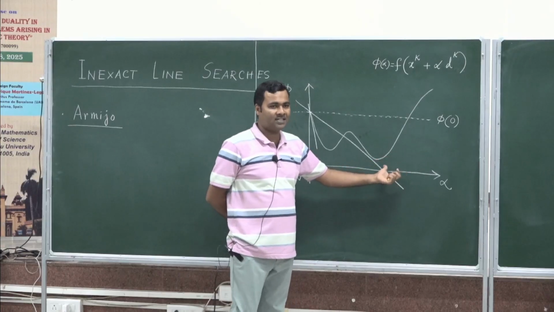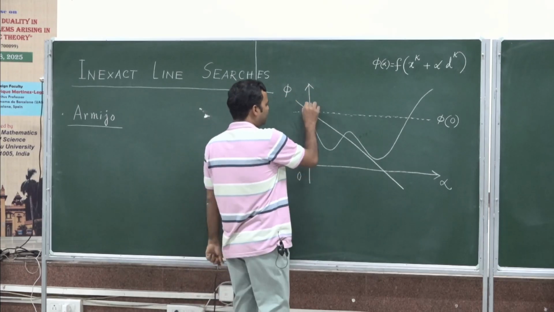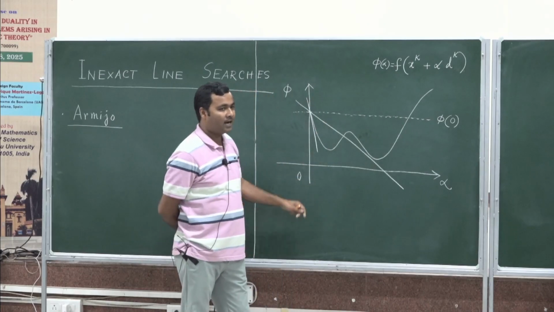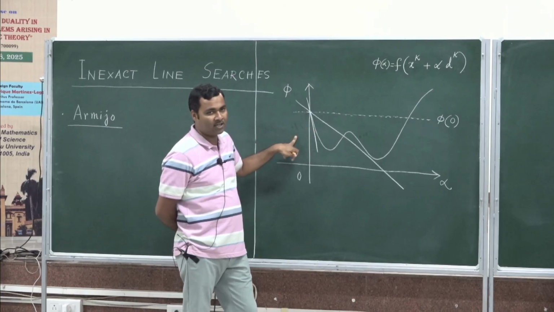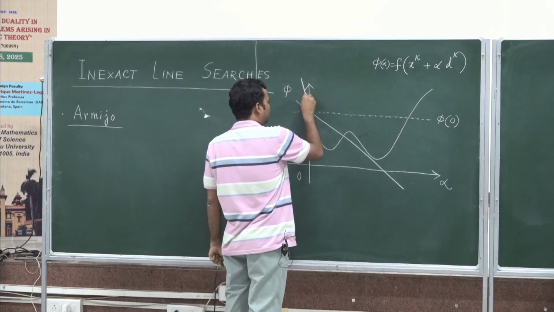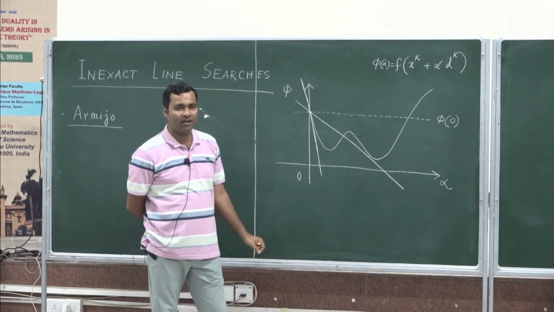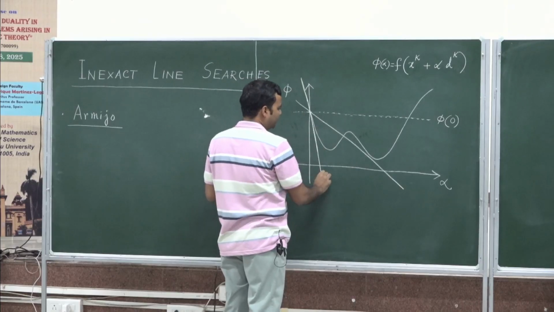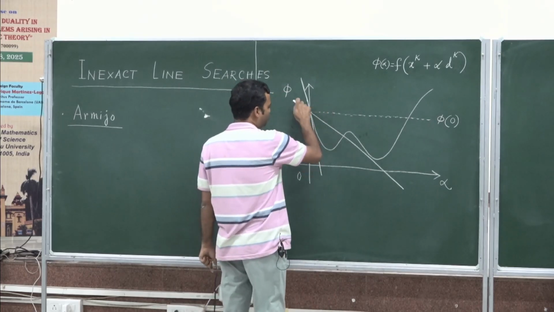So people suggested: don't take the tangent line as your decrement, because if I consider the tangent line, this tangent line will not have any intersection with the graph, fine, and once there is no intersection, down of this line we do not have any point on the graph. So if I consider the function value below this tangent line, then obviously I don't have any point on the graph, fine. From this perspective as well, consider a line that lies in between this tangent line and the line y equal to phi(0), and then obviously in between these two lines I have to choose a particular line,